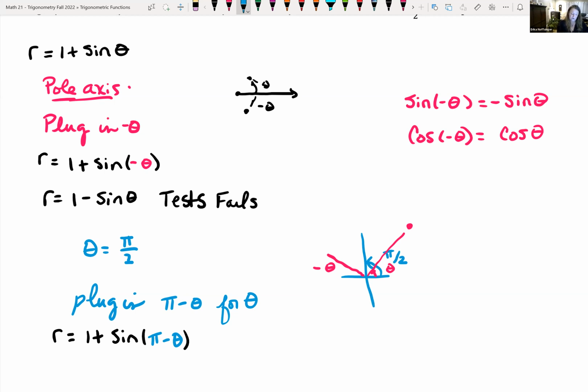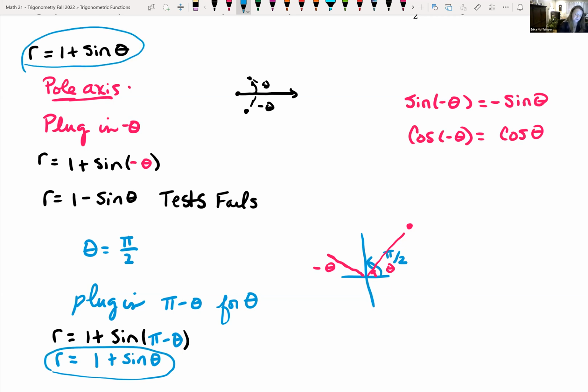Sine in that second quadrant is also positive, and so that is the same as sine of theta. So this r is equal to 1 plus sine theta, equivalent. Notice this is the same equation as we have up here. So this tells me that it's symmetrical